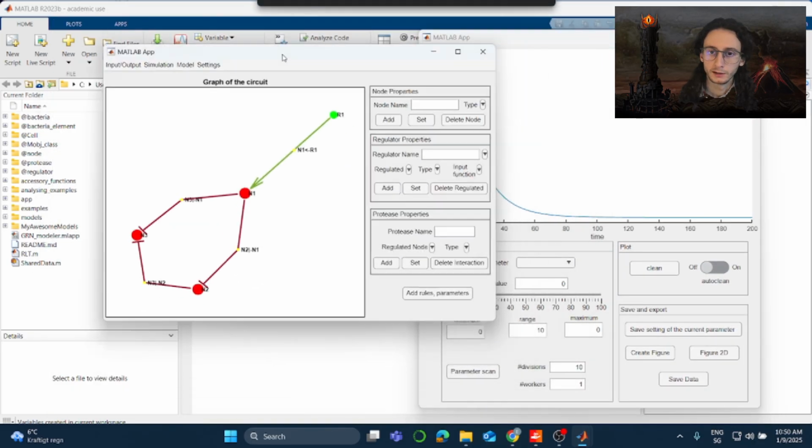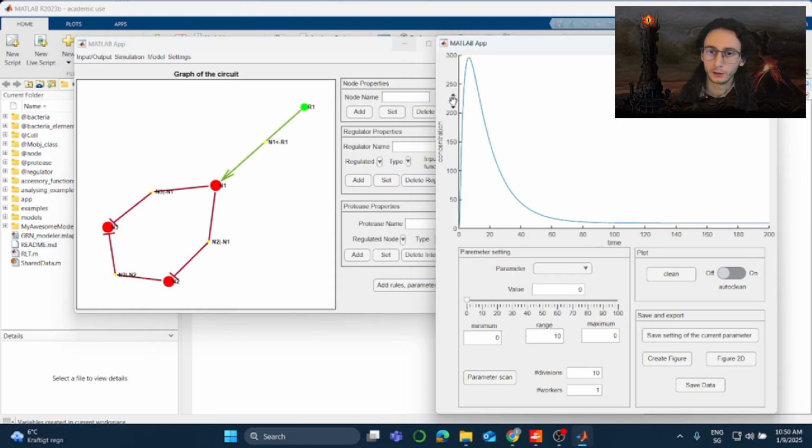We see that the level of the protein product of node 3 increases, then decreases, and finally reaches a stable value. Now we wonder how changing certain parameters within our model would affect this simulation. We can explore the effect of parameters manually by selecting them, let's say K1 and 3, which is the promoter strength of node 3. Its current value is set at 30. We can, for example, double it and see the resulting effect, or we can simply slide the cursor and see